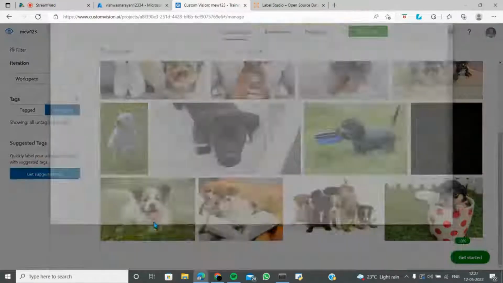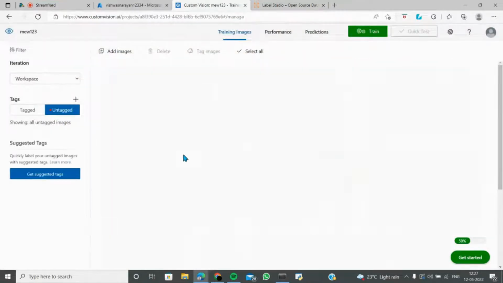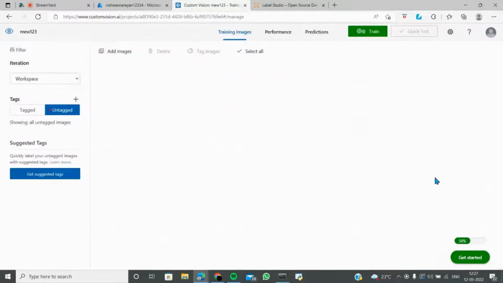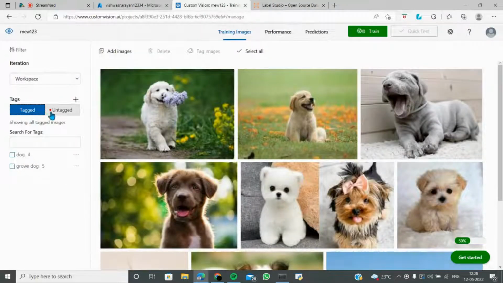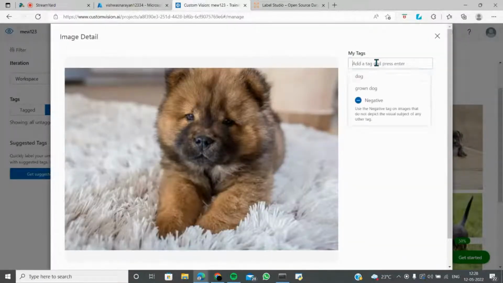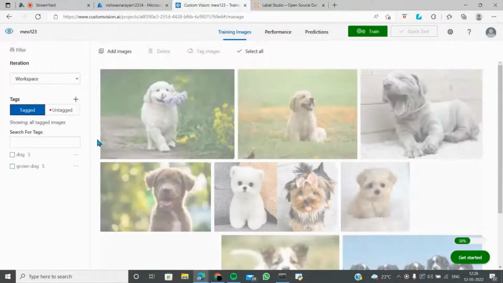So yes, of course we can go out and see. All these are pups, man. How can I name them as a grown dog? But yeah, let's see. Tag ones, four. Okay, dog is four. I think I need to name one more as dog, and we can just get it sorted. Let's do a dog. So I think tag ones are 5 and 5.